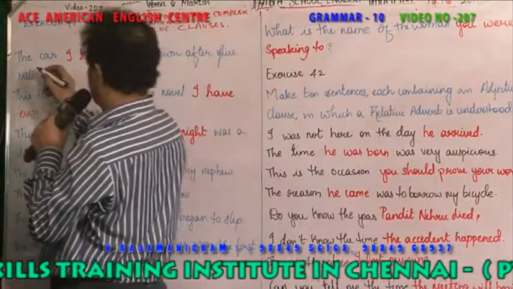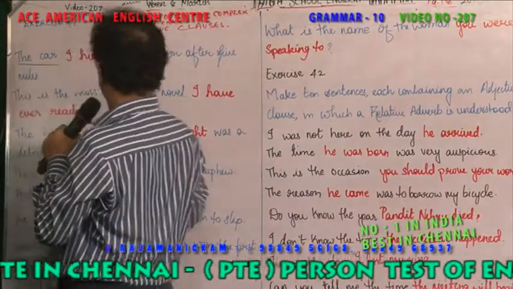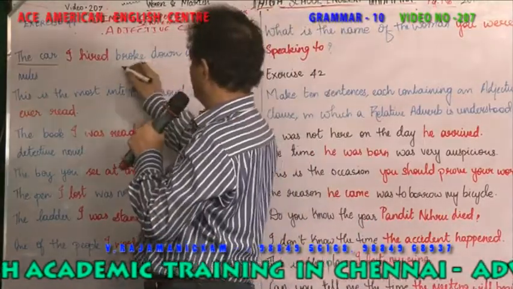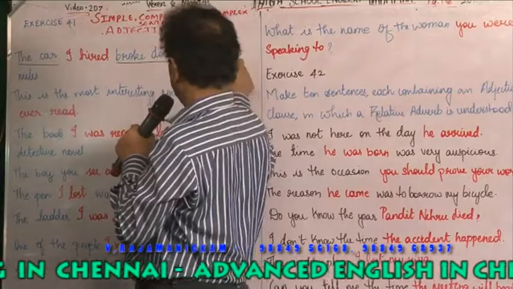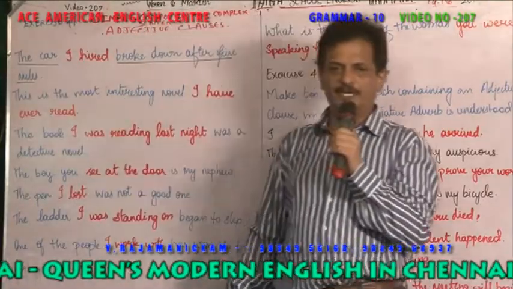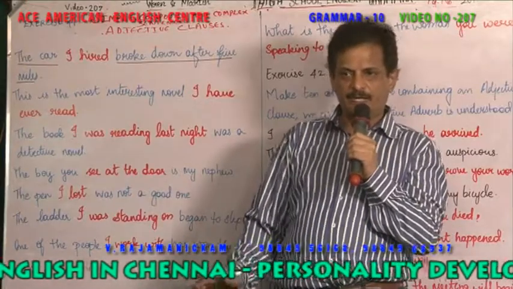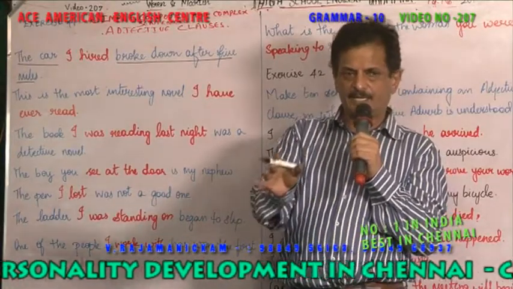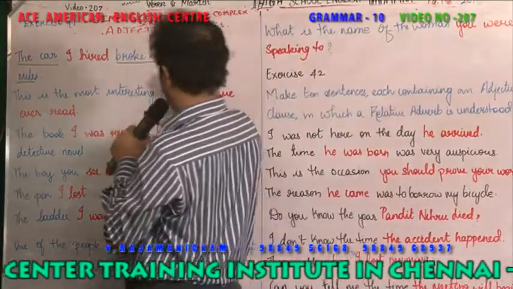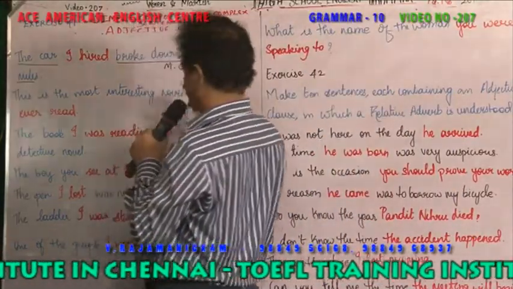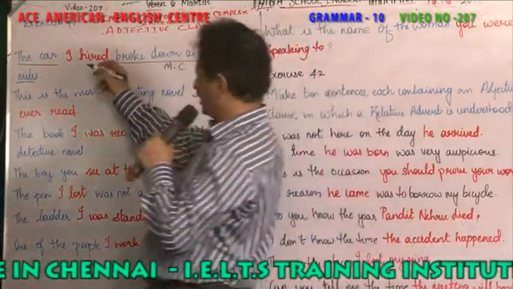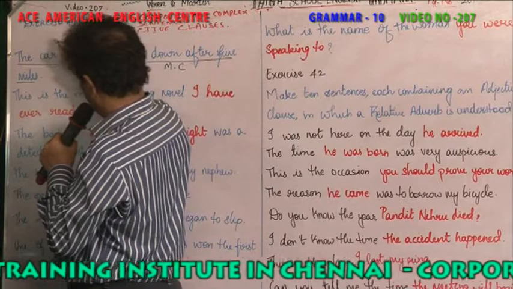For example, the car. The car broke down after 5 miles. See, the car broke down after 5 miles. What do you mean by the car broke down after 5 miles? After the 5 miles, the car got repaired. So, the car broke down after 5 miles is the main clause, main sentence. Which car? The car which I hired. The which is